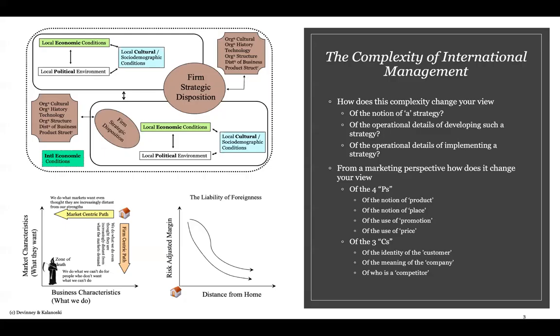Now, the real issue ultimately, though, is if you look at the stuff on the prior slide, this could apply within any specific country. And really where the complexity of international marketing comes in, and also international management more generally, is in terms of the additional complexity and interactions and conflicts that all arise at the international level. And this is what I talked about in these sets of figures in the first lecture. Effectively, if you ignore everything here and you just concentrate on what's down here,